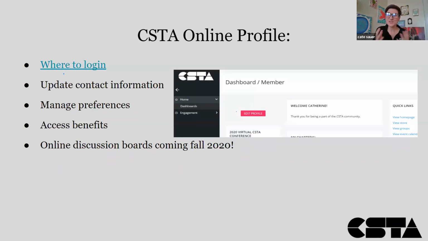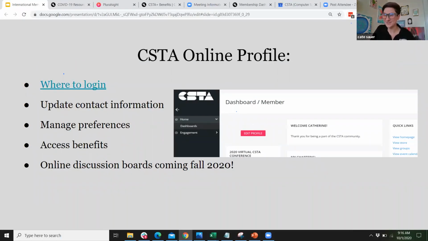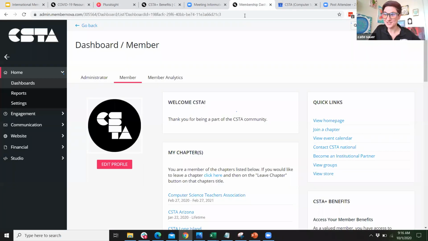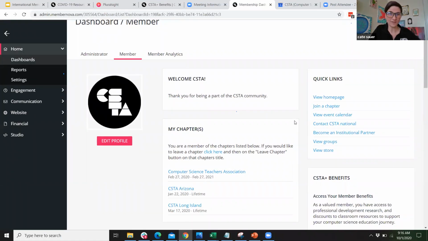Great. All right, so this is just a quick little snapshot of things we talked about. I'm going to show my screen because I am a visual person, just so we can reiterate what those next steps are. Okay, so bear with me and don't judge all my tabs, but I'll go ahead and show my member dashboard. Hopefully everyone can see it okay. And so this is what I see when I log in, right?